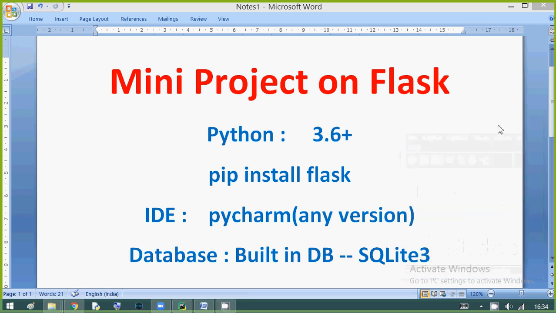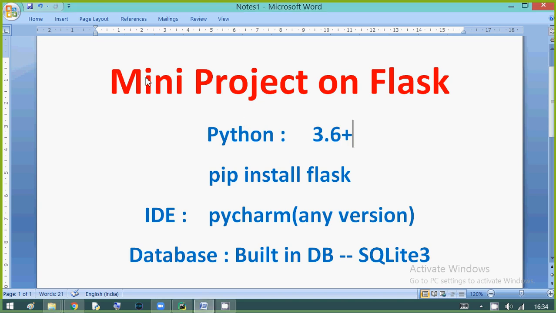In this video, we are going to design a mini project. If you want, you can say some micro project also using Flask. So in this project, I am going to use Python 3.6 plus version and install Flask using pip. To write the programs, I am using an IDE, that is the PyCharm IDE.